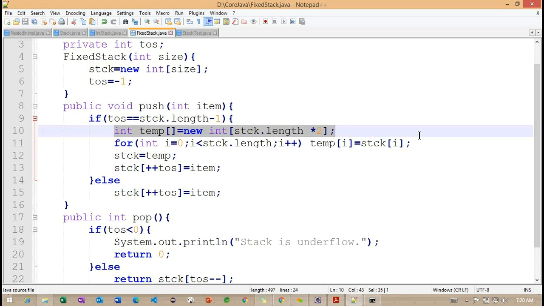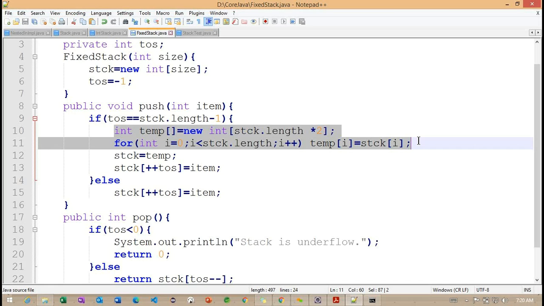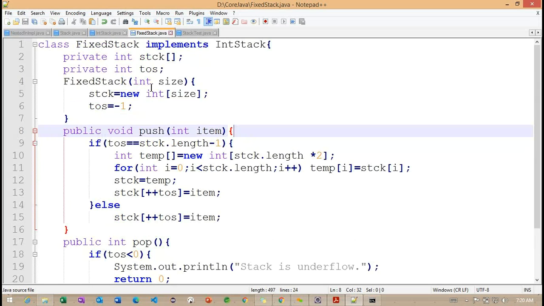The only difference is this is the way they are going to create internally some temp arrays, and they are going to clone existing values into the newly created object here, and later they are trying to insert new objects here. Getting the point. In any collection frameworks, this is the way the objects are going to increment dynamically. We'll see the code, like how exactly the classes are going to increment dynamically. But this is a simple example to understand how the objects are going to increment dynamically here.